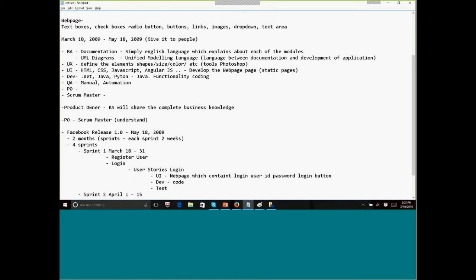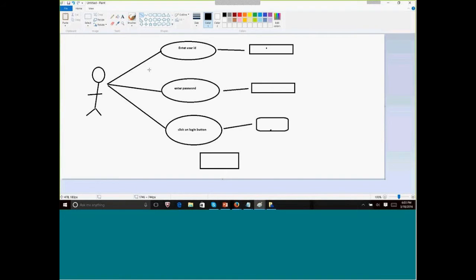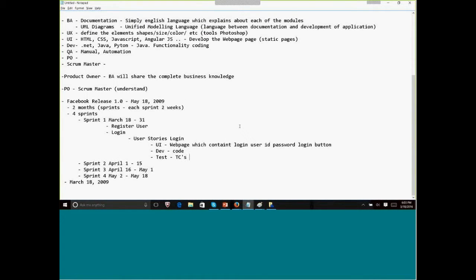Let's come back to the testing team. What the testing team does in general, as we know, is test the application. But as we are in release 1, in the first sprint, the application is not available yet. What do these guys do? At that point, as they already have the UML diagrams, they will start writing the test cases, saying wrong user ID, correct password, error message, correct user ID, correct password, it should come like this, and so on. They will write it. So until these developers give the application, they will keep writing the test cases.